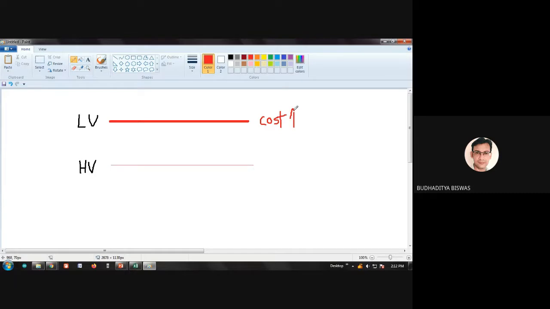Cost is very high here and cost is low here. Why? Because this one is very easy to understand, because cost is nothing but the material cost. How much copper is used to make this wire? So everybody can easily understand that more amount of copper is required to construct this wire compared to this one. This one is very thick, so less amount of copper is required, and only the copper price is considered here. So that means this one is the costly wire compared to this one.